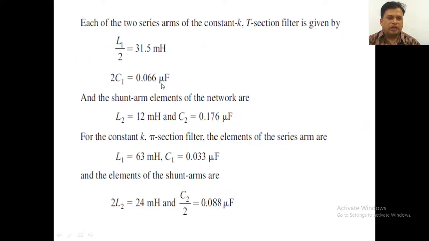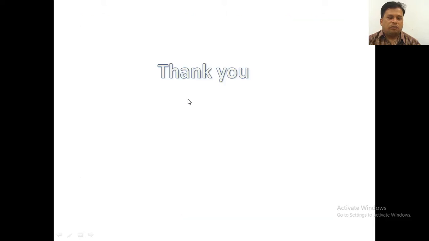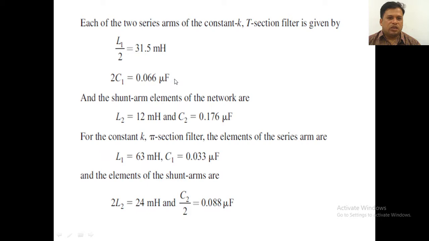After completing these calculations properly, we have to design the band elimination filter and keep those values in the circuit. This is the process of making the band elimination filter design as well as the band pass filter design. In the same way, we have the composite filter and the notch filter, which are used in electronic circuits to filter out some frequencies.